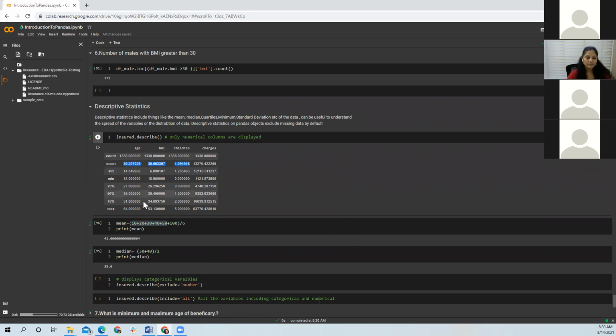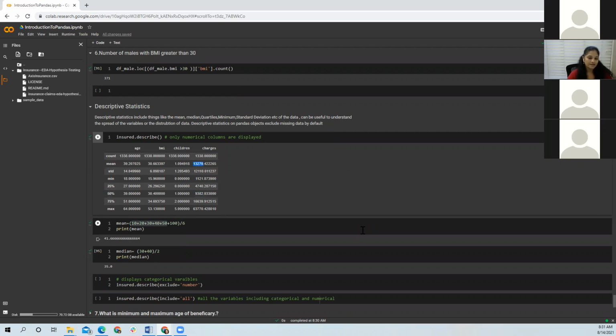So this describe function helps us understand what the average values are, what the minimum values are, and all that information we can find out from here. If you see, the mean here is 39 for age and the median is also 39. So that means there are no extreme values. But if you see charges, the median is 9382 and the mean is 13220.